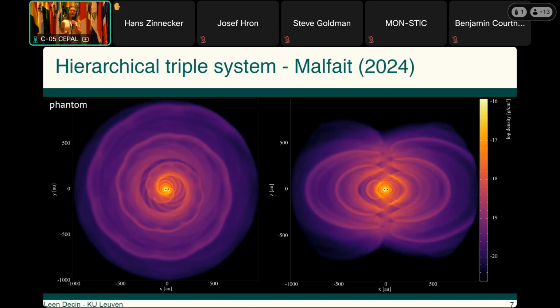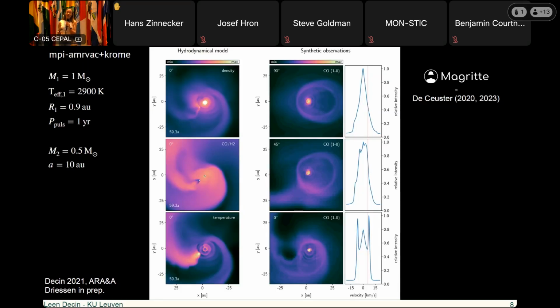Now, this is hydrodynamics. This is not the end of the story. And as Thijs and Marie have been saying also, as we also have seen yesterday by Camille and Owen, when you have the dynamics, you still need to implement the chemistry and then do the radiative transfer. And this is what we're currently trying. This is an older image. I will show you a more recent one later on, where Jan Bolt and all of our colleagues at KU Leuven have been trying to couple the things.